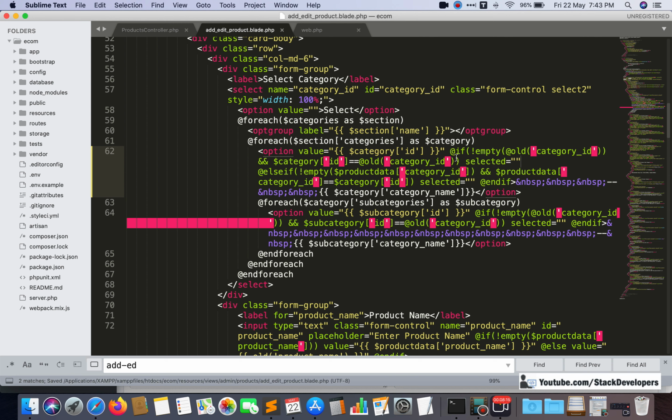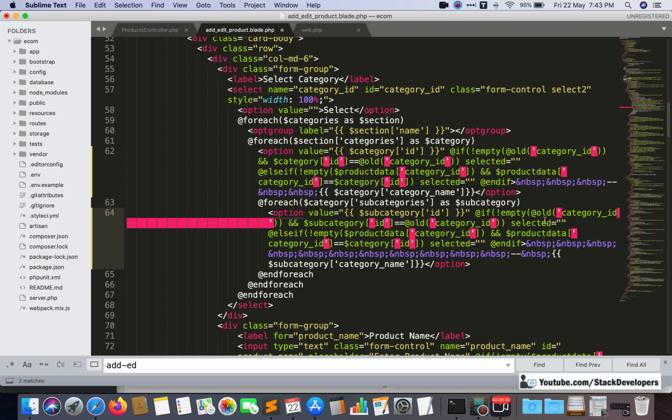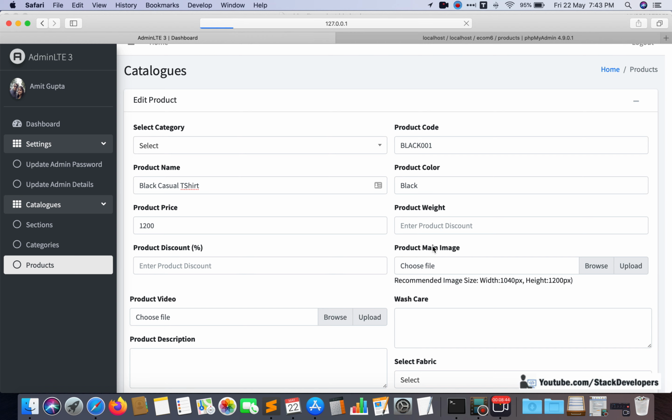Yeah, and same condition will work there as well, else if up till end if. I am going to add here as well, and else if, and here product data category ID equal to, here it must come subcategory ID. Now I am going to check whether it will work or not.